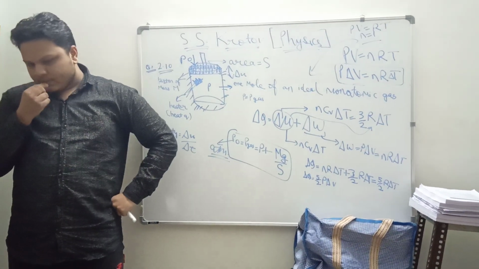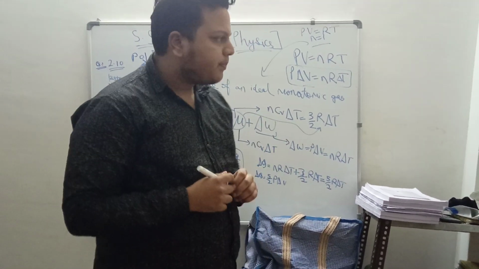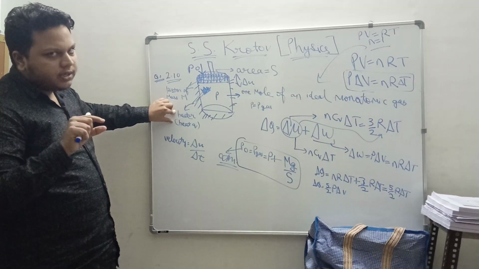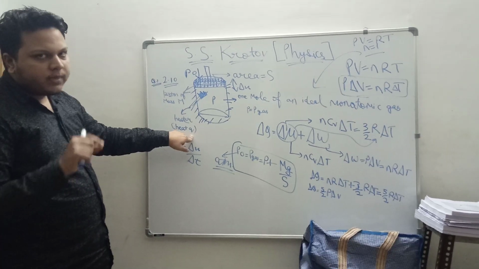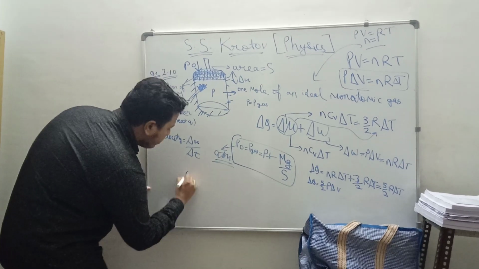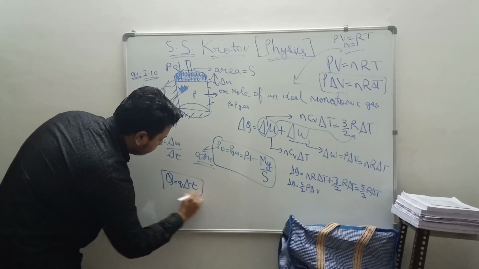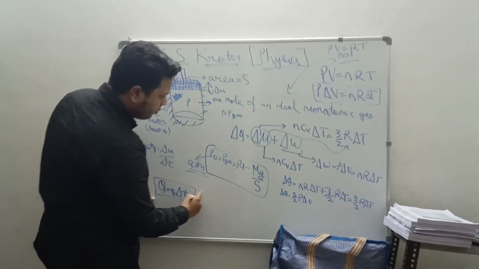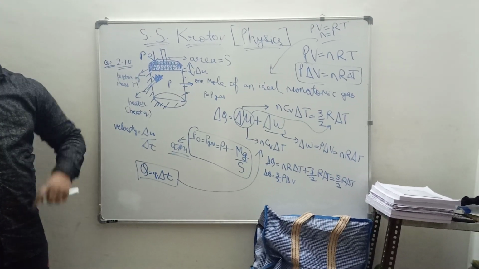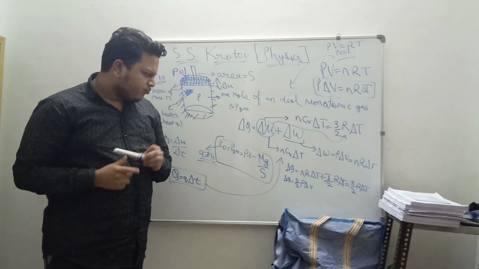Now, in the question the heat is not directly given. We have been given that per unit time, the heater is providing heat equal to q. So this is basically the rate. If we multiply this small q by the change in time delta t, or equal to t, we get the total heat. So capital Q is equal to q delta t. We put this value here, and if you put this value here, we will basically determine the delta Q.